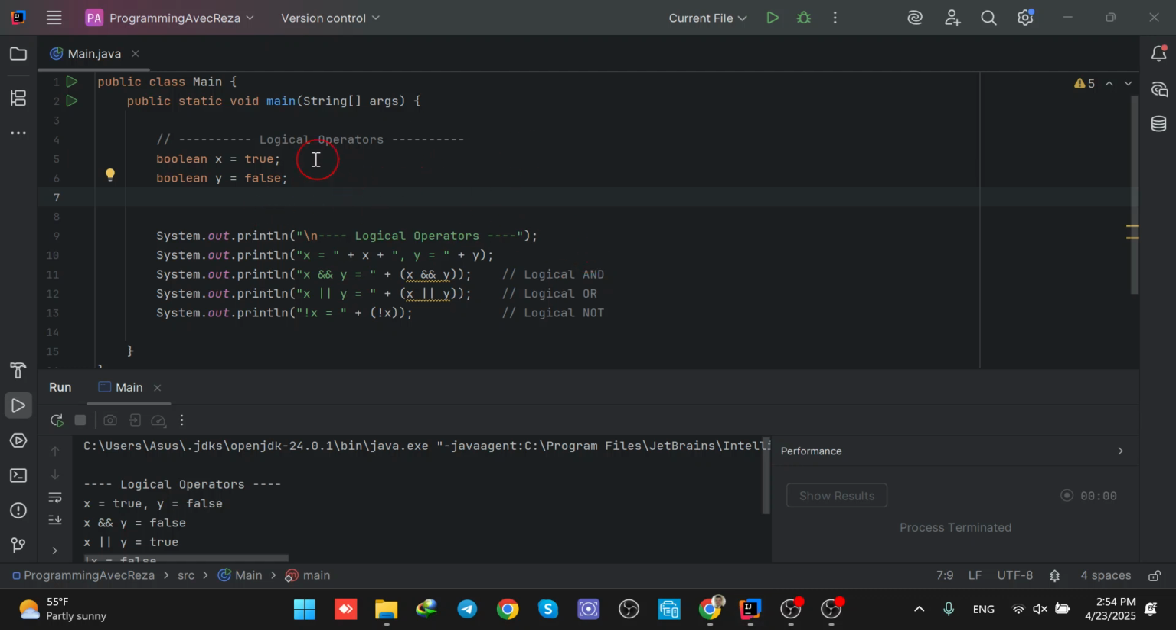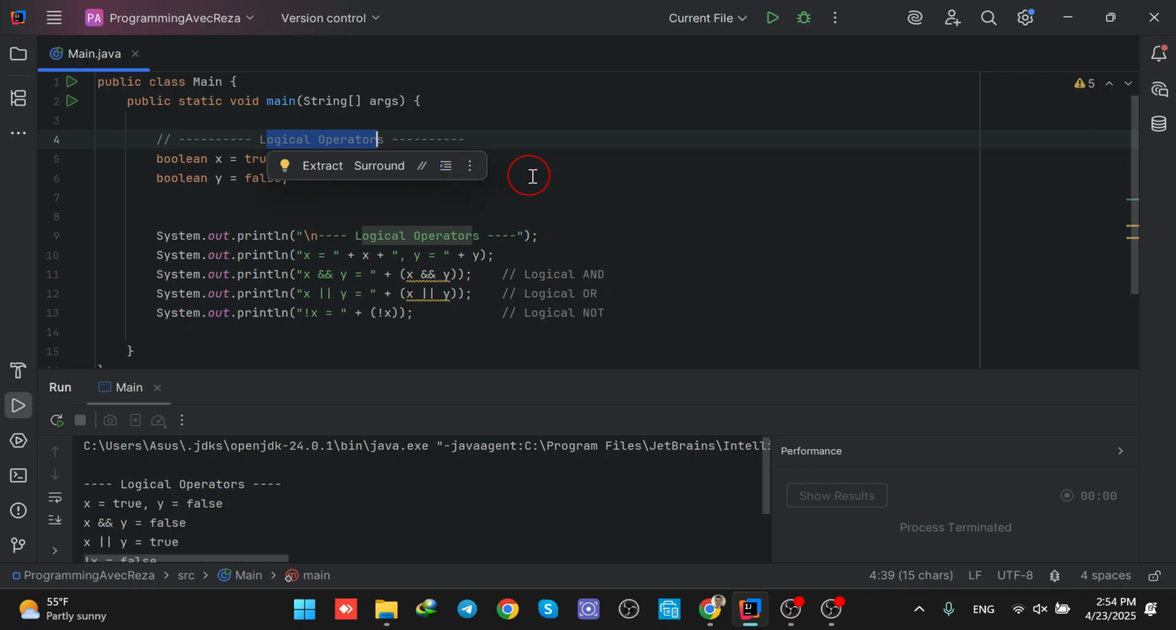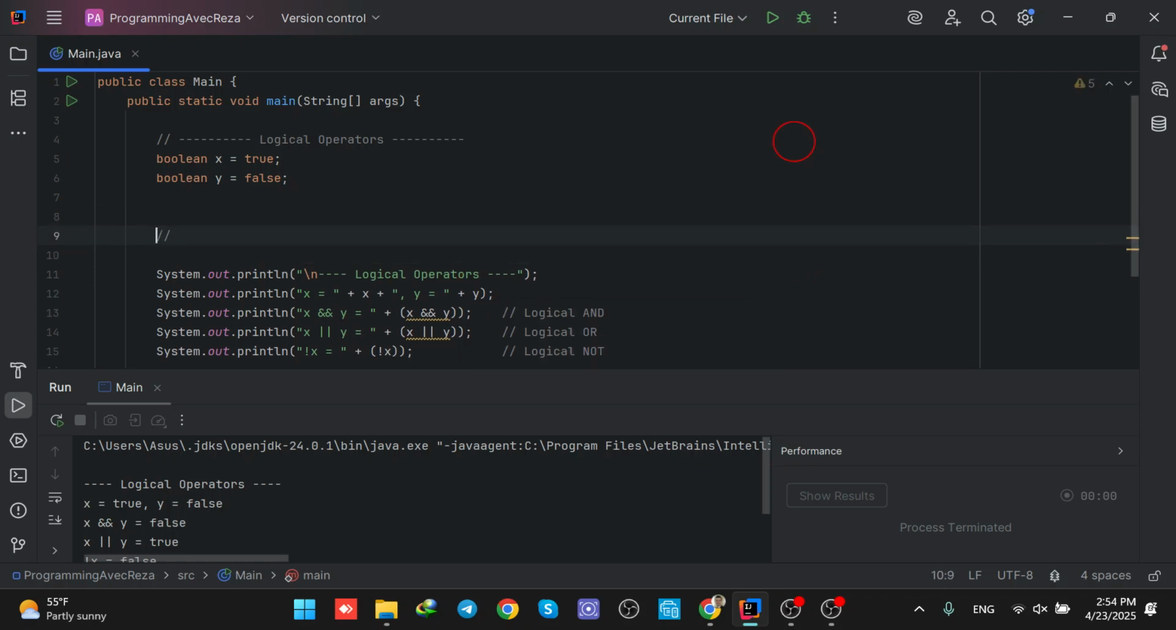In today's video, we're going to discuss logical operators. So here we have two Boolean variables, x and y, where x equals true and y equals false. We would like to perform some logical operators, including and, or, and not. Before going to review them, I would like to give you a little bit of background